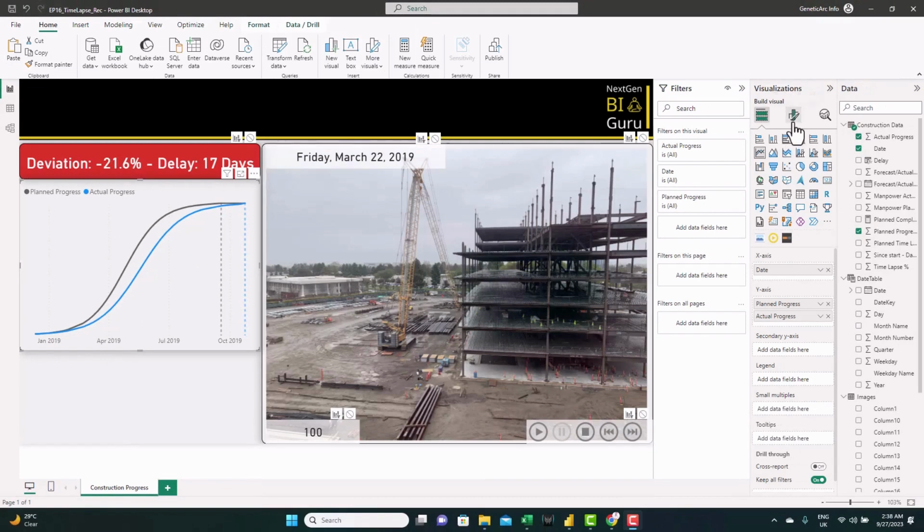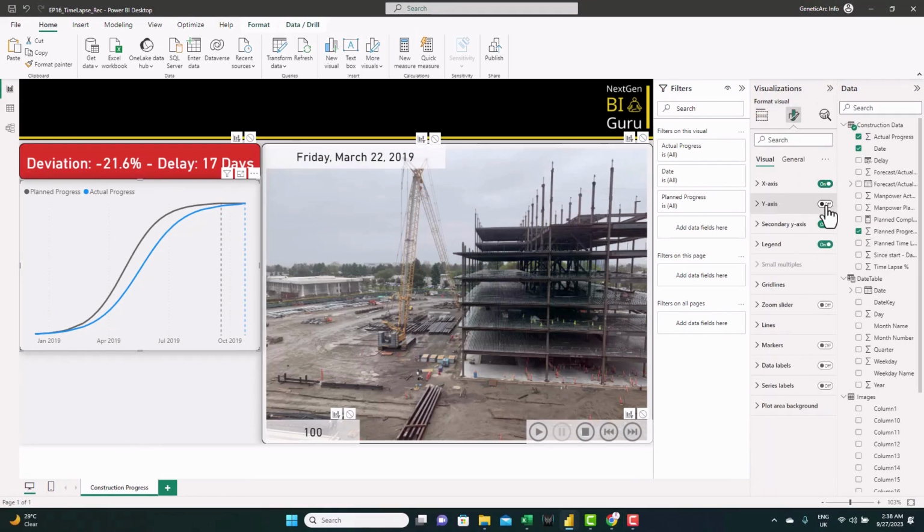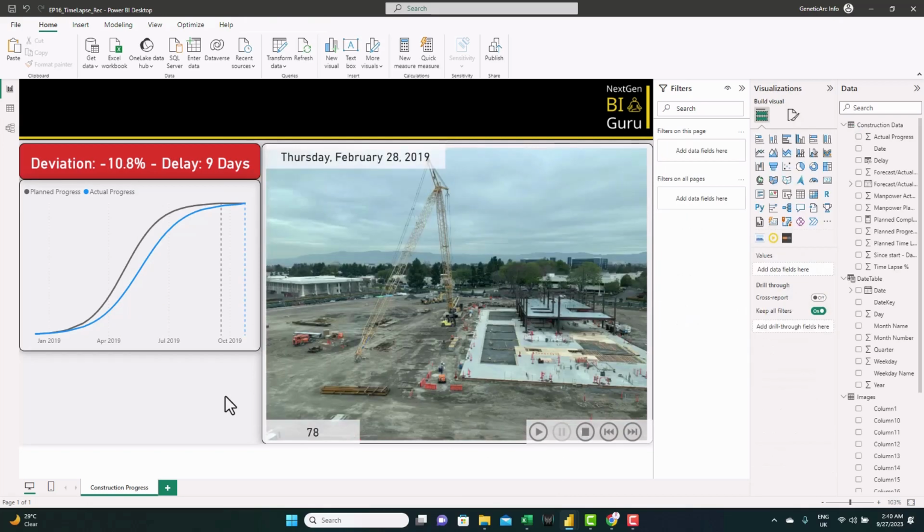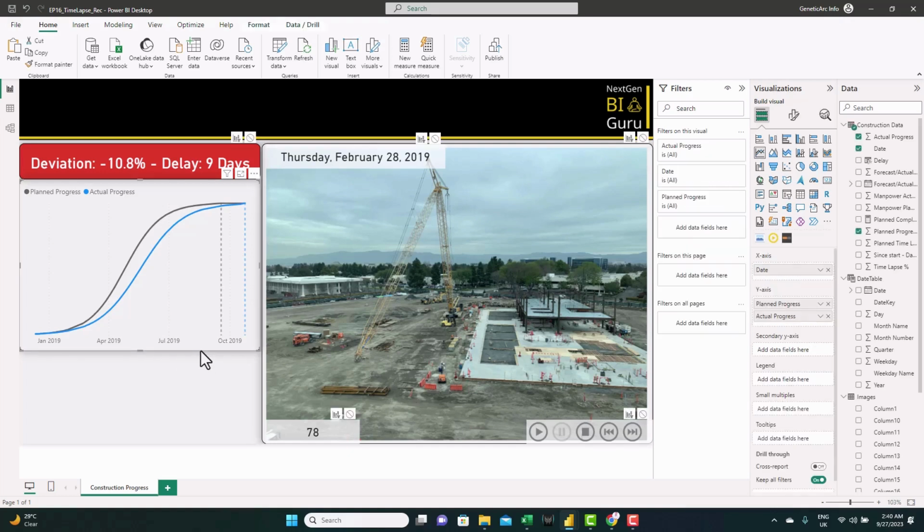There's one last formatting we need to do. From y-axis, let's turn it on again and make the minimum always 0 and the maximum 1. And we need to keep this fixed, but now we can turn off the y-axis. Now there's one trick we want to do. We want to be able to highlight the date based on the selected date from the slicer here. And to do this, we'll do one amazing trick. We're going just first to duplicate this visual.